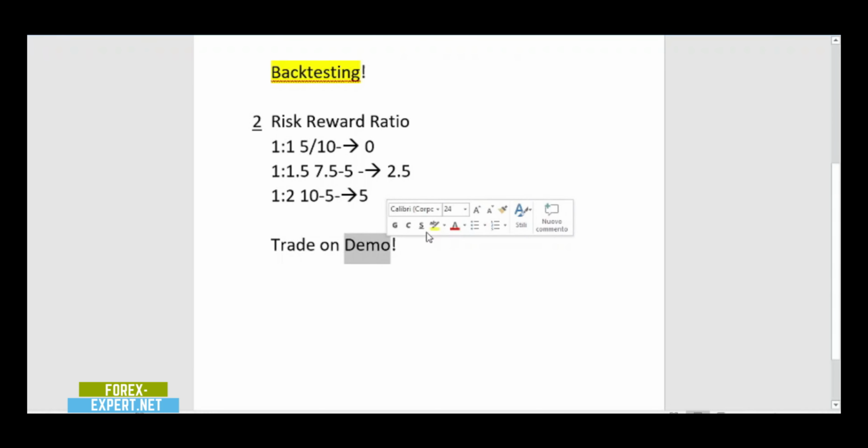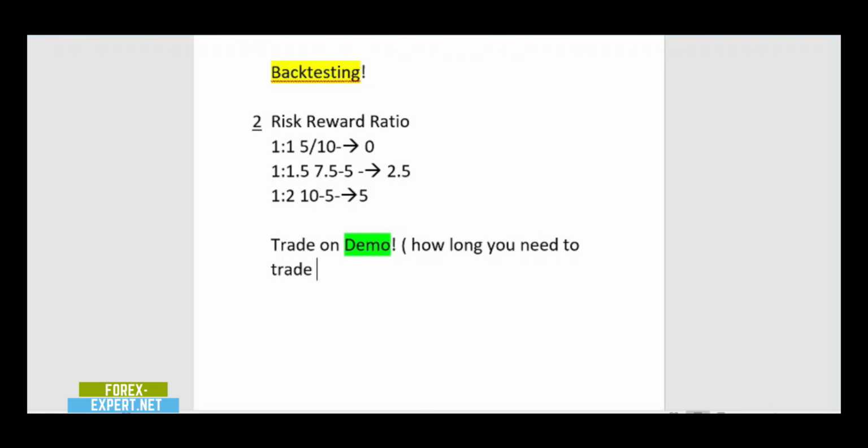Especially if you are a beginner, but even pros trade on demo, or better, they trade with micro lots, so if they lose, they lose cents. Trade on demo. The longer you trade on demo, the better you're going to feel when trading on the real account. So how long do you need to trade on demo? My answer is at least